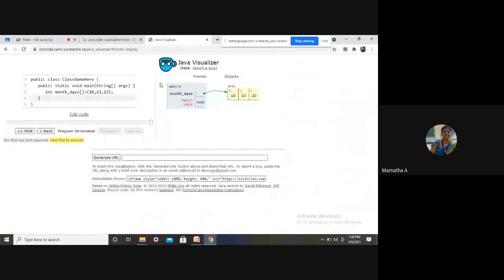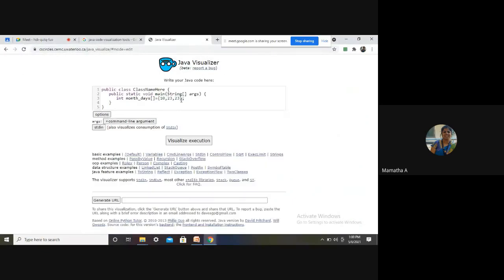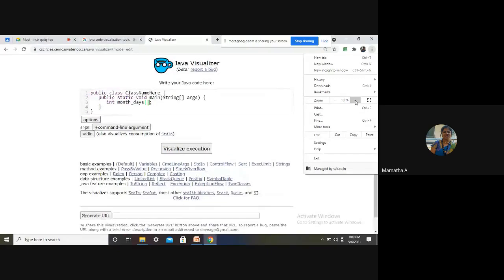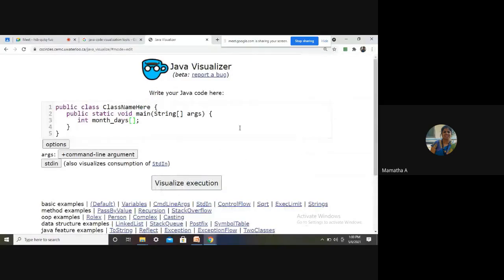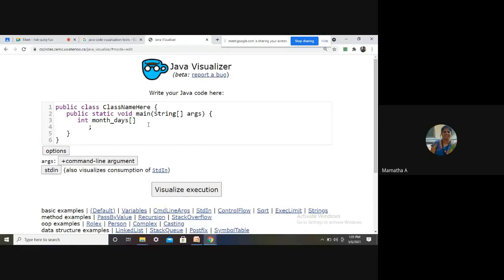I will try to visualize the diagram shown here for you. Can you all see this? Is it visible? Shall I enlarge a bit? Yes. Okay, see now.